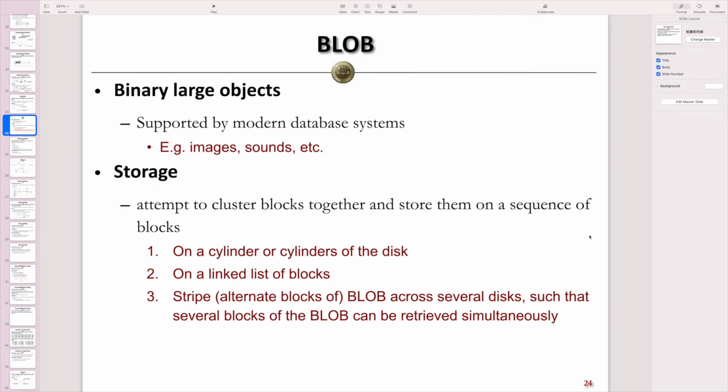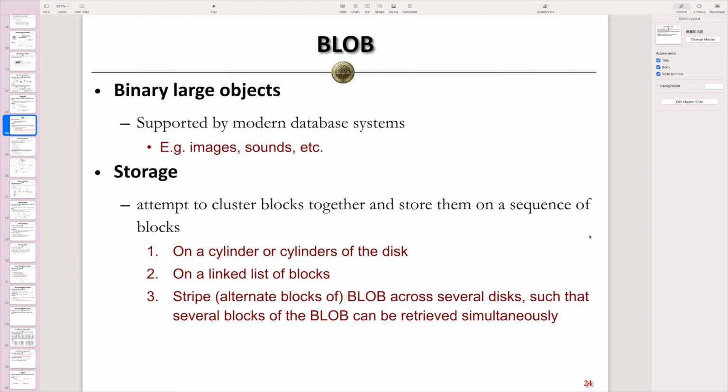Another way is that we can store them on a linked list of blocks. In other words, we can use a logical link to link these blocks together. We can read one block first, and then use this link to read the following blocks sequentially. So from a logical perspective, it can also be very effective. However, when we are storing them on the disk, we may need to consider how to arrange these blocks on